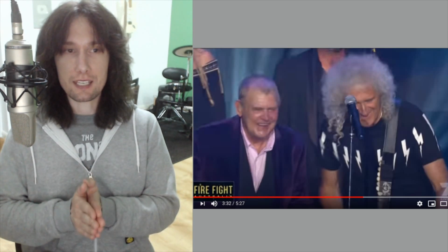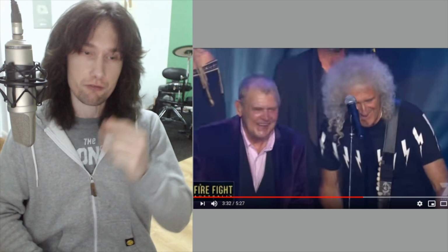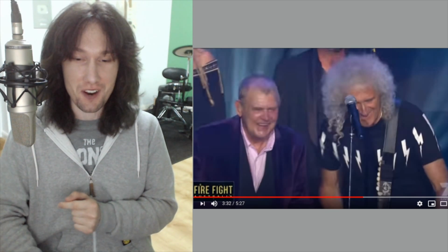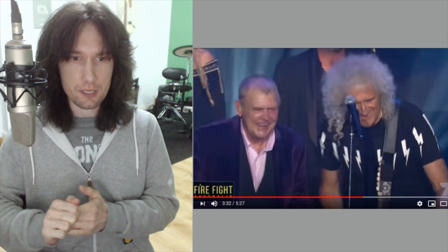But getting into this performance and specifically looking at John, to give you a reference point, he's 70 years of age during this performance, and this is in exactly the same key as when it was first released. To hit these notes with this conviction, this consistency, and this control is amazing. It is so great to listen to John singing these notes, and it's like his vocal cords are timeless,